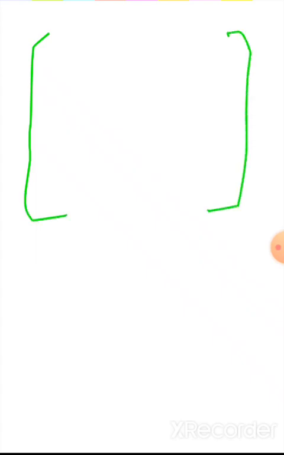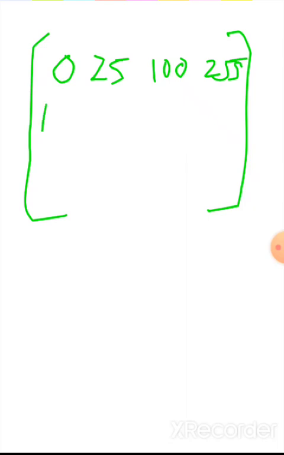Okay. So let us say we have a 4 cross 4 image. So here is our 4 cross 4 image. So this value is 0, this is 25, this is 100, this is 255, this is 16, this is 2, this is 150,